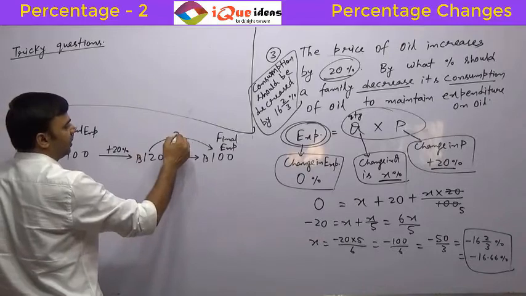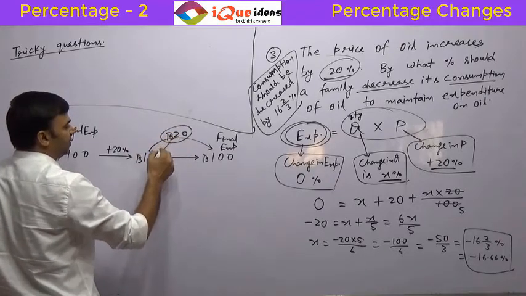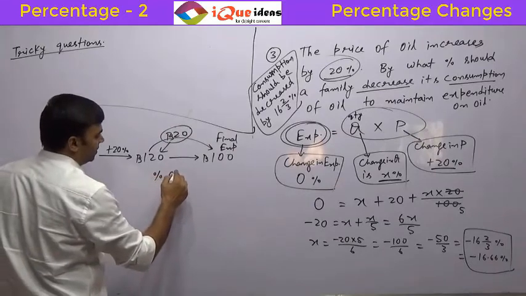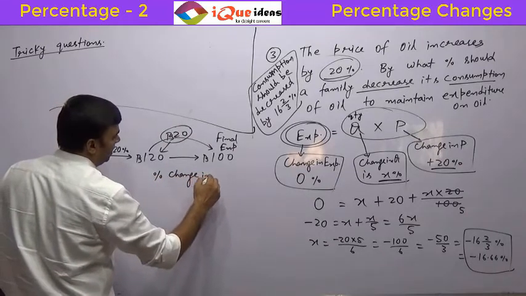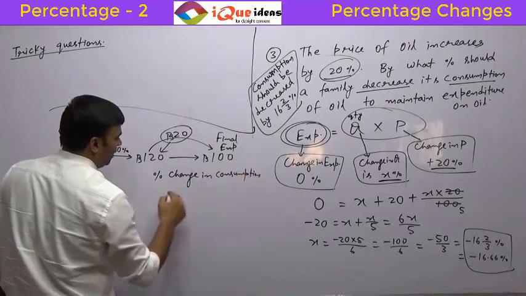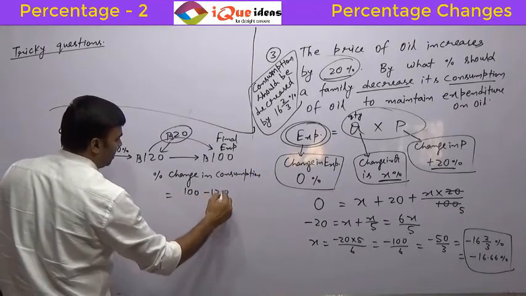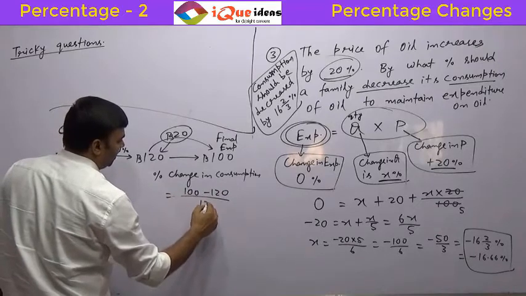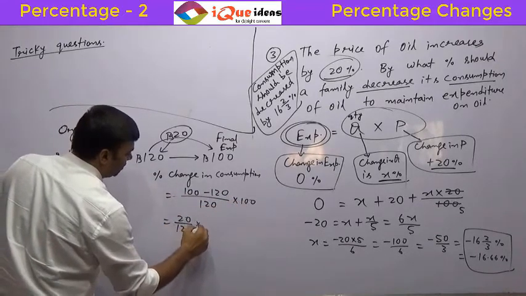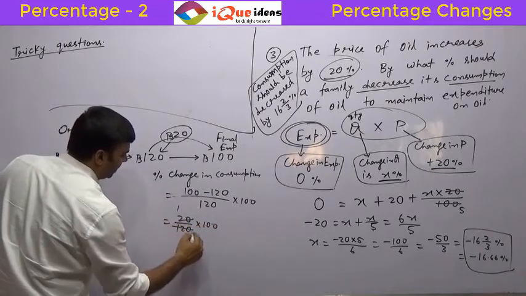By how much will it reduce? 20 rupees. What is this 20 as a percentage of 120? That will be the percentage change in consumption. So percentage change in consumption is equal to final minus initial, that is 100 minus 120 divided by 120 into 100. So it is 20 by 120 into 100, that is 1 by 6 into 100, which is